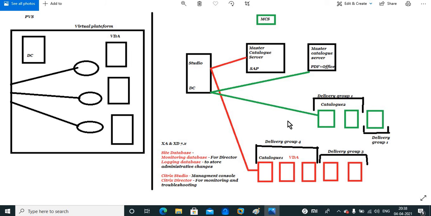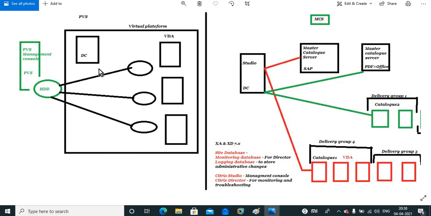Apart from MCS, if we are going for PVS, it is for disk virtualization. It means first you need to download Provisioning Services from Citrix, and then you need to build a server, the same as a Citrix server.